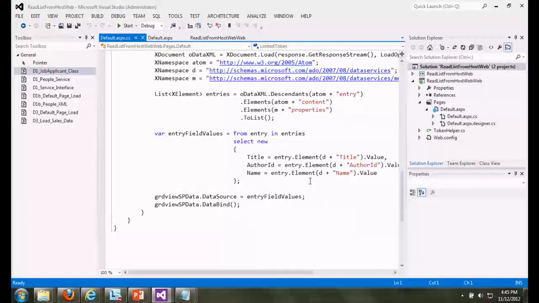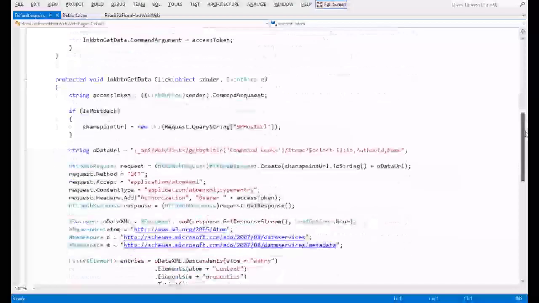The new model, for those of you who know what OData is, does anybody not know what OData is? Okay, a few of you. If you go to odata.org, there's a whole site that will explain it to you. But basically, it's open web standards for how you interact with a website. Here you can see that this core code is basically, it's got this URL right here.